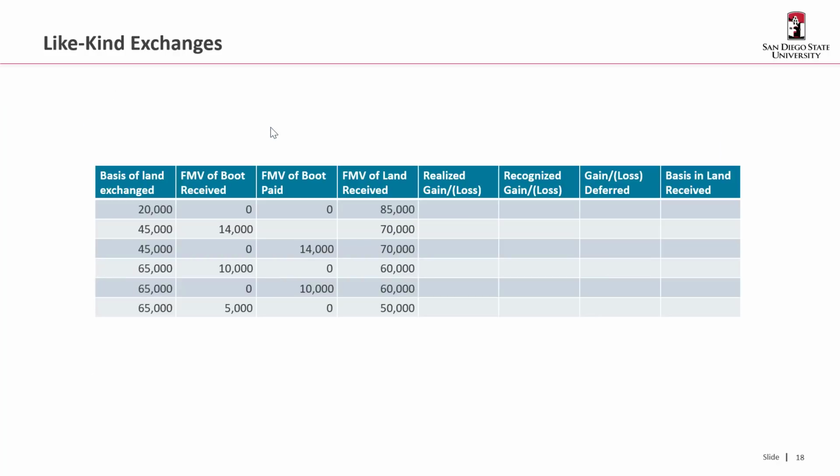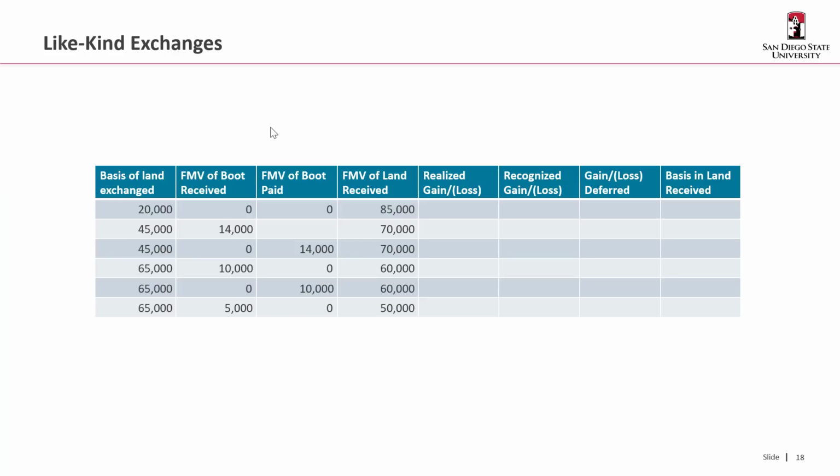Okay, let's do a whole bunch of examples of like-kind exchanges, because my experience is this is the best way to make sure you understand what's going on. So let's start with the top row. We've got the basis of the land being exchanged is 20,000. There's no boot received. There's no boot paid. But you're receiving